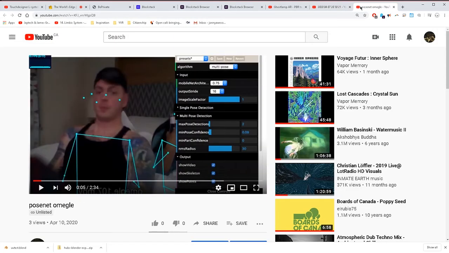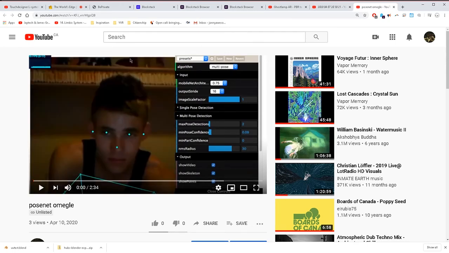Okay, and then the last thing is I took that idea of Omegle spoofing and I took it one step further and started using PoseNet, which is a facial and skeletal tracking software to track the faces of the people who I was matching with.